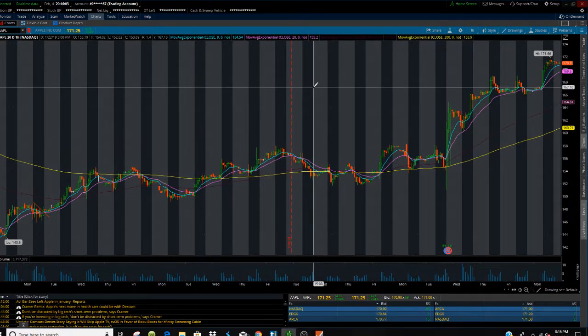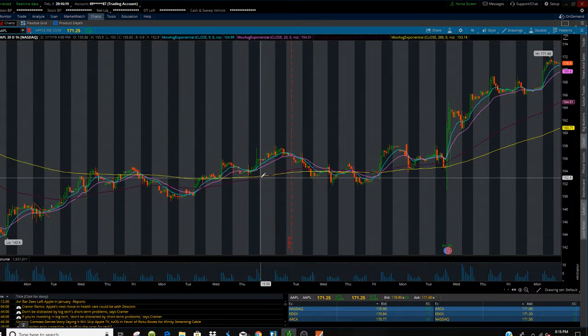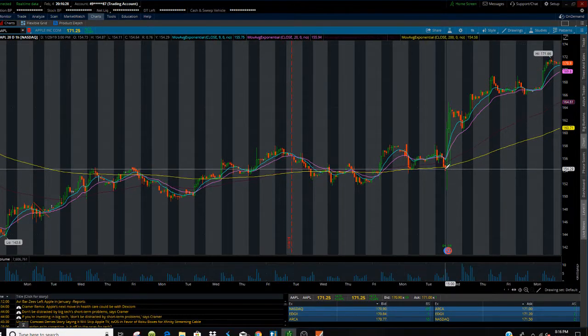But is it time to buy? Is it overextended? Are the bears out of the market? Are we going up? Looking at this stock, we can see it has a pretty hard support or resistance line on this 200 moving average. You see it maintains it pretty well, and as you guys can see, it tapped it multiple times here. So honestly, the best time you guys could have traded it would have been long right here at 154,